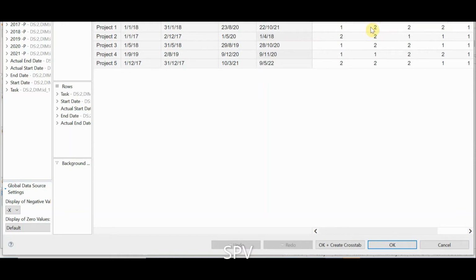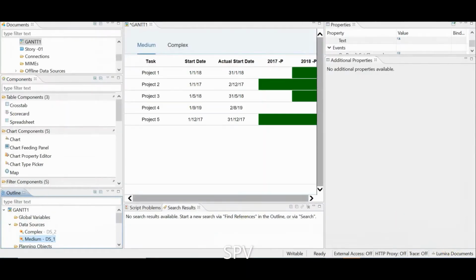Here, two means it's falling in that year and one means it is not. If you maintain the data this way, we can simply make it as a Gantt chart. I will explain with one simple example and then you can easily make it for both.